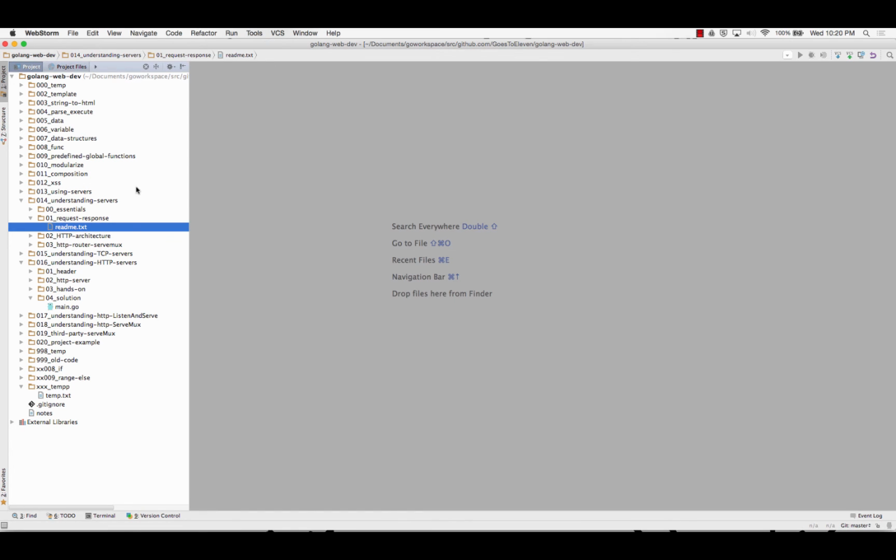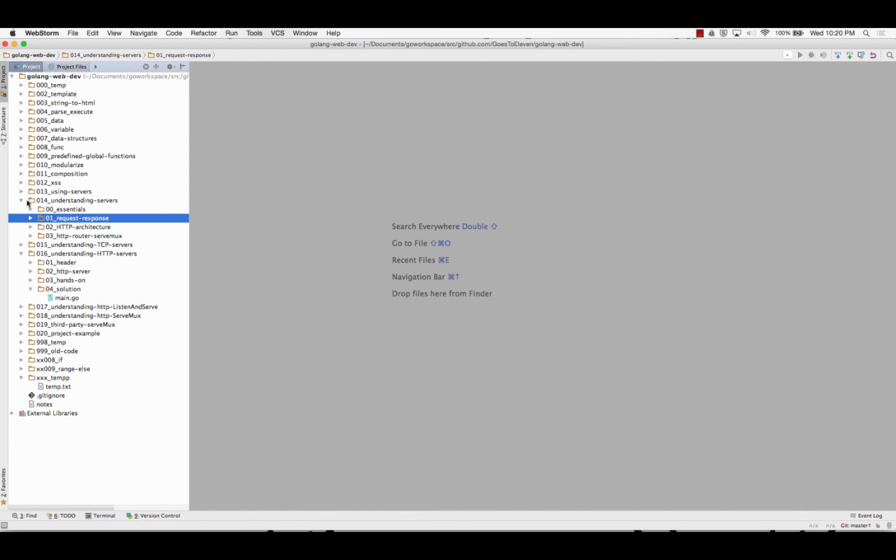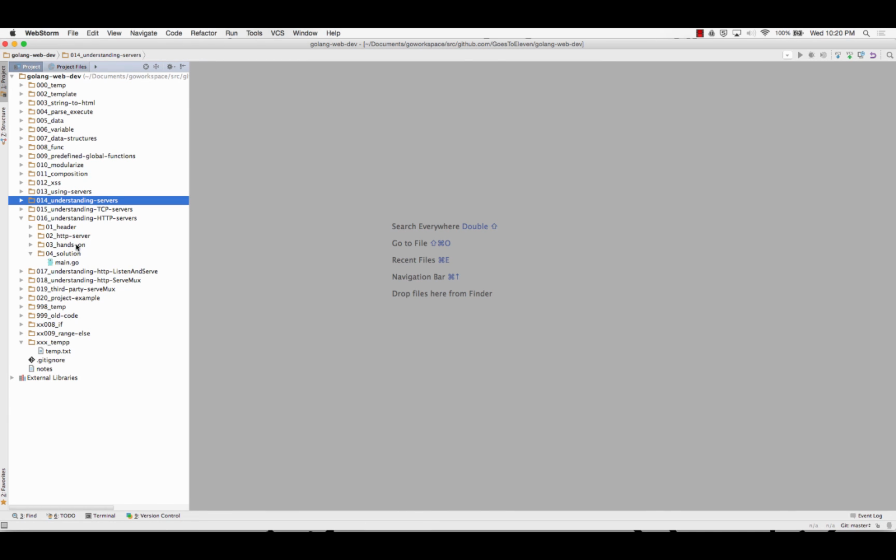If I could close it. So the homework is right here. Start with this one, the HTTP server, and just get it to throw out the URL. So that's 16.3. Sweet 16. You can